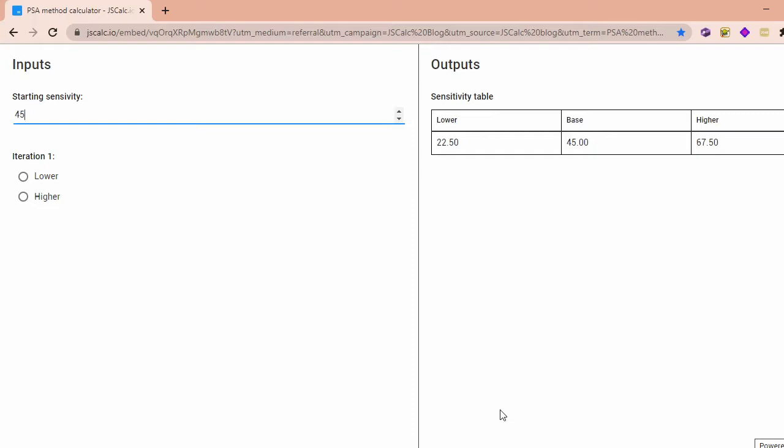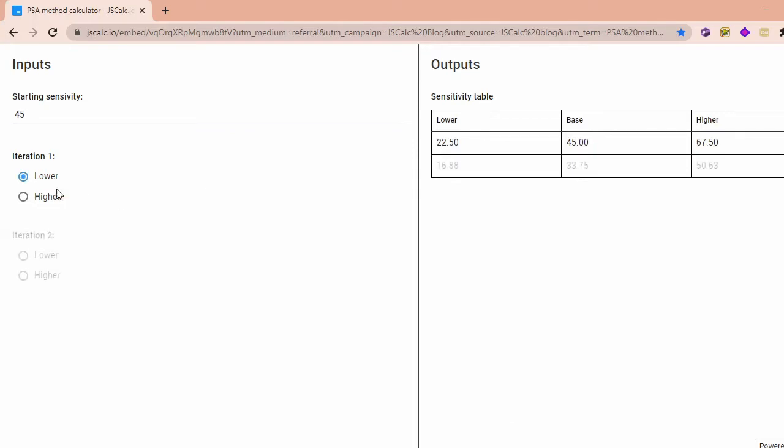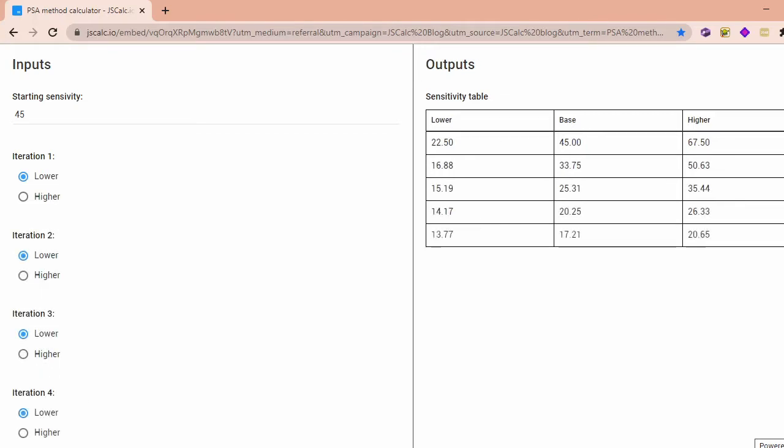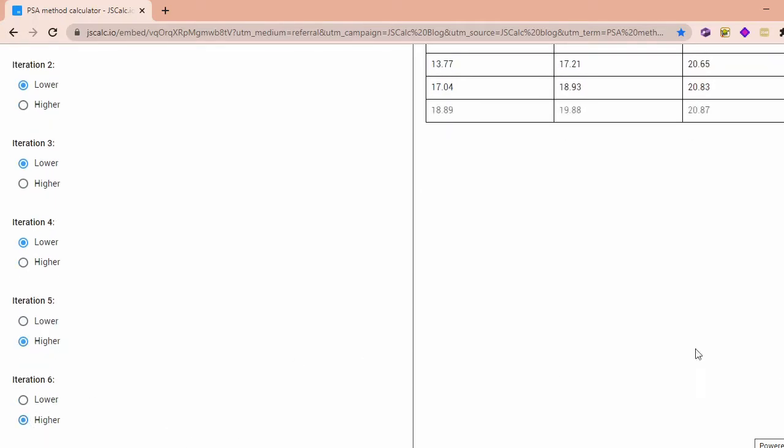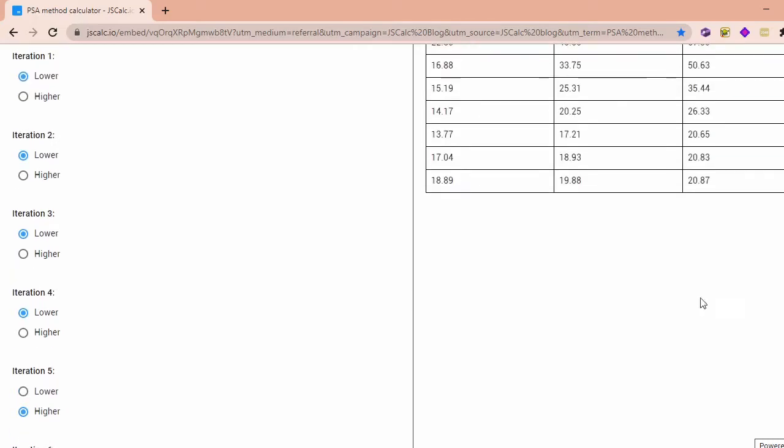So you just keep doing this until you hit 7 iterations. I'm just gonna hit random ones so I can show you. And now you're in the 7th iteration. If the 7th iteration at the end is the same number, or if it's just the same number in general,